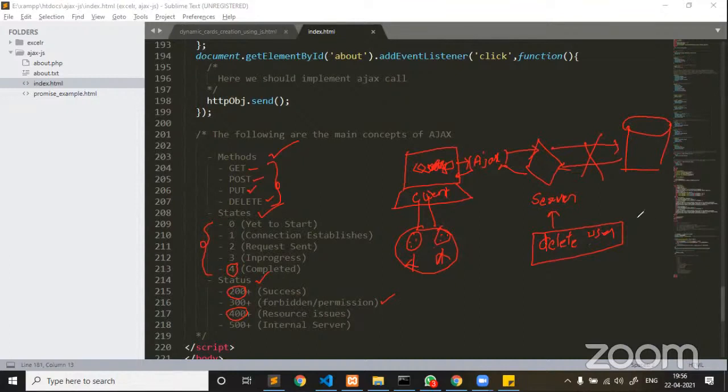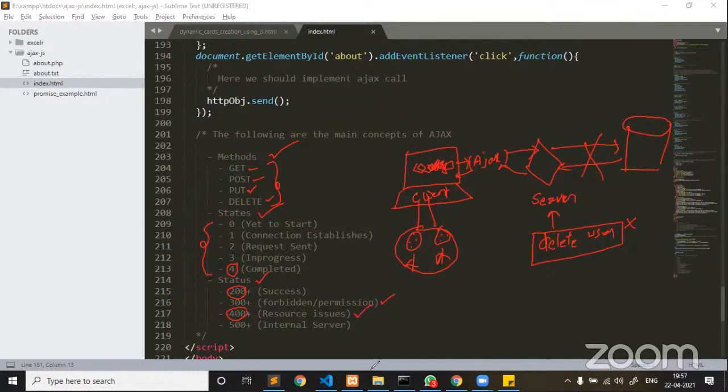In case the client is sending a request from the presentation layer to the application layer, but the delete user function, which someone has already deleted, no longer exists. Even though the client keeps looking for a function or a method or a file inside the server, the server is not finding that particular file. In such cases, you are going to get an error: resource not found.